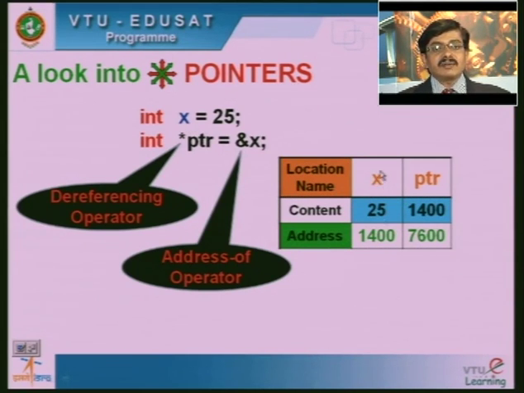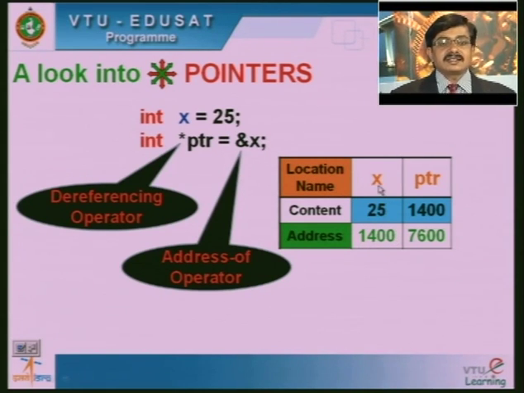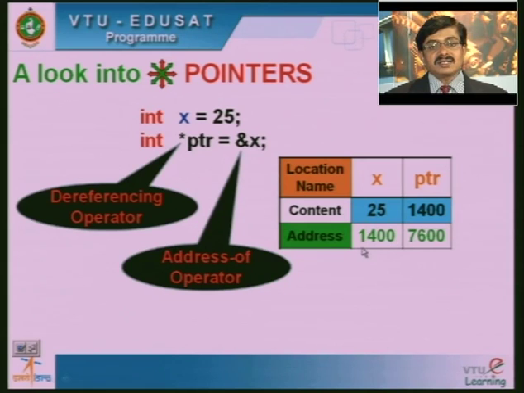Assume that x has been given a memory location at 1400. I am assuming that this address could be something else when you execute the program, but here I am assuming x is located at memory address 1400. Fine. And then ptr is holding the address of x. ptr is a variable which is holding the address of x. See that it is not a normal variable, rather it is a